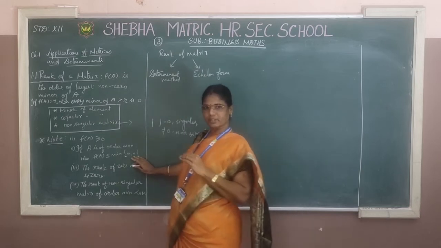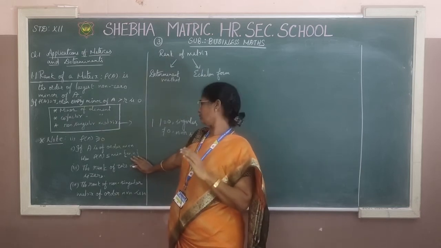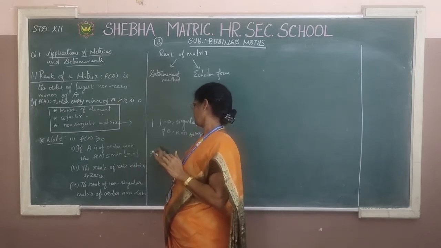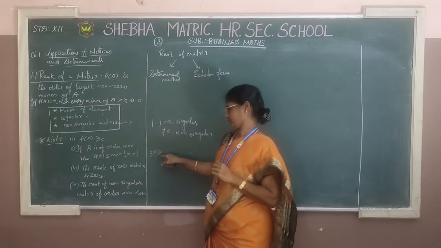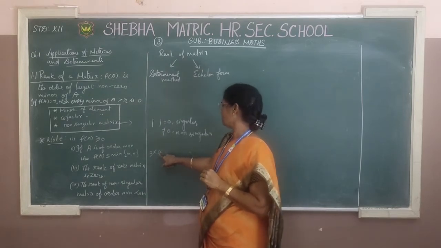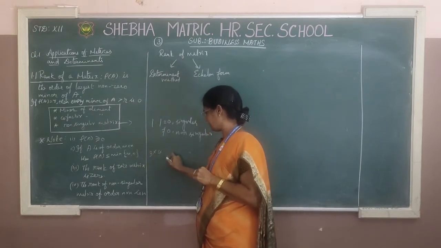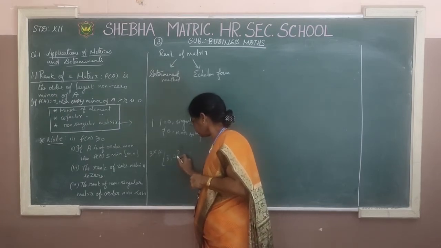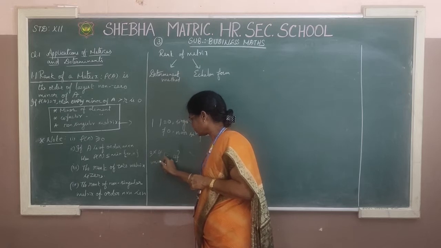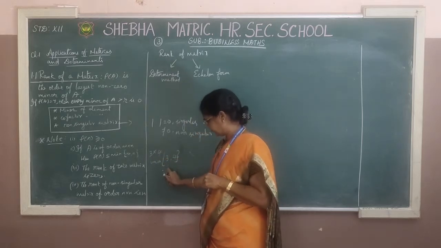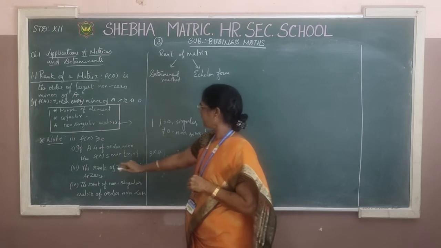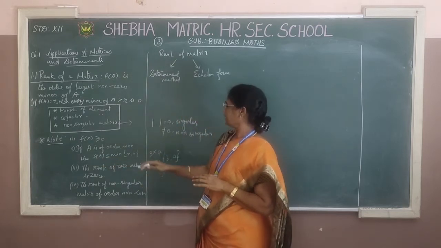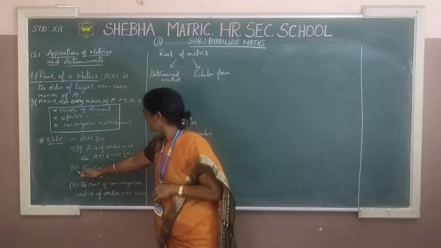In this 12th standard, we are going to learn up to matrices of order 3 by 4. So, from these two numbers, let us take this as our example. What is the minimum of these two? Minimum of these two is 3. So, our rank should be either 3 or less than 3 only. Okay. Let us go to the third one.